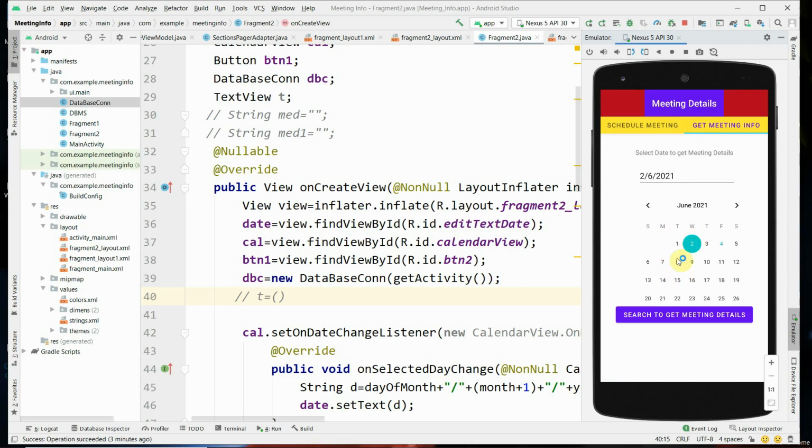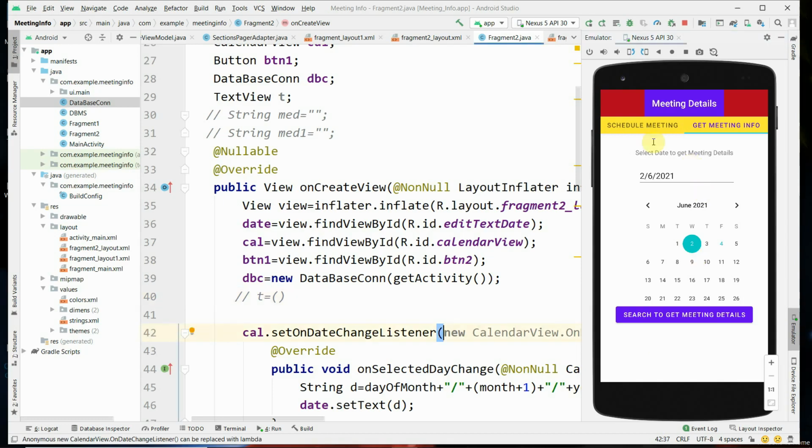Now after selecting the date, you have to click on search to get meeting detail. It has to show the meeting detail as the result in the text view.